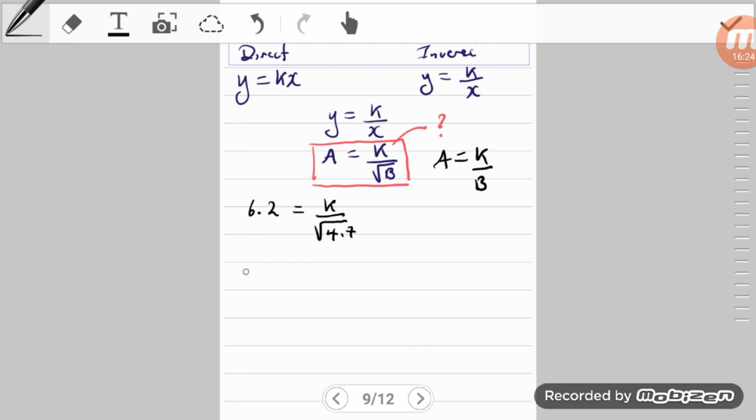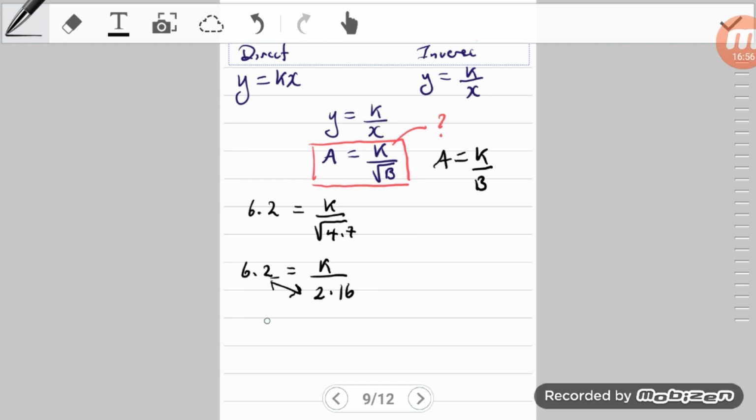I'm just going to be using the unrounded version. Okay. And so when our unknown is at the top, this is a little shortcut that I do teach my students when you want to just get to the answer really quickly. When you recognize that the unknown variable is the numerator, then we simply multiply the numbers that we see here. So therefore K is going to be equal to 6.2 multiplied by 2.16,